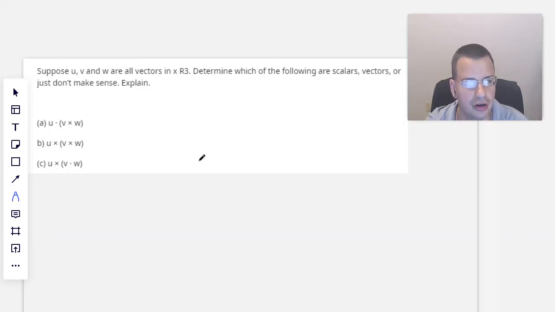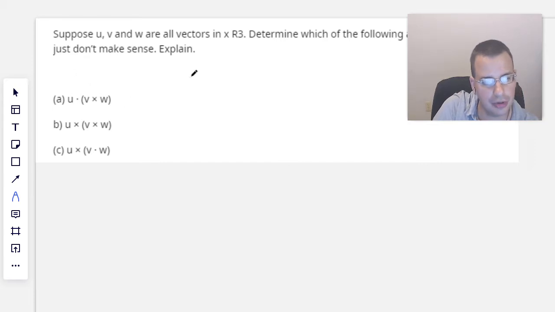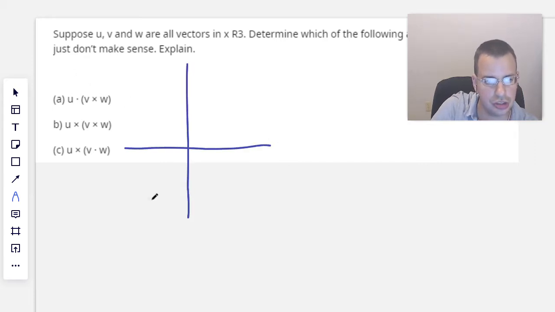Suppose u, v, and w are all vectors in R3. Determine which of the following are scalars, vectors, or just don't make sense. Explain. All right. So I'm going to assume u, v, and w are all vectors, and I'm going to assume